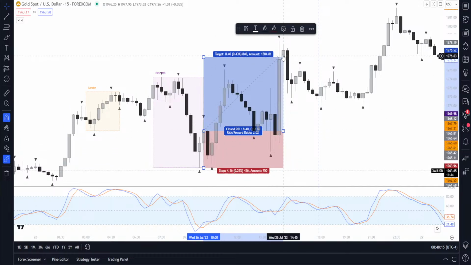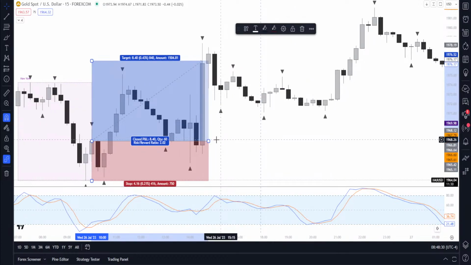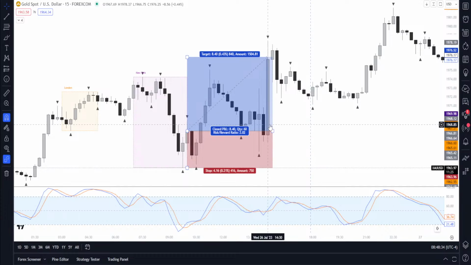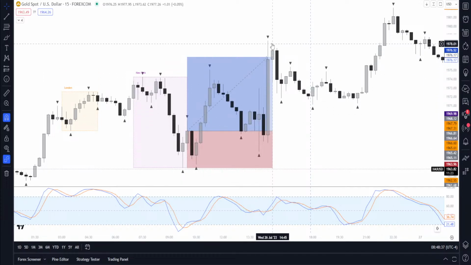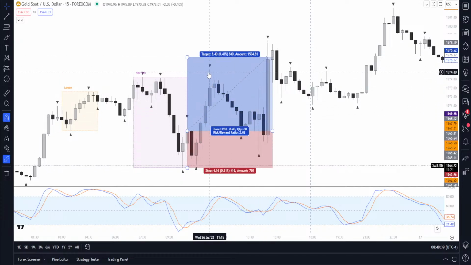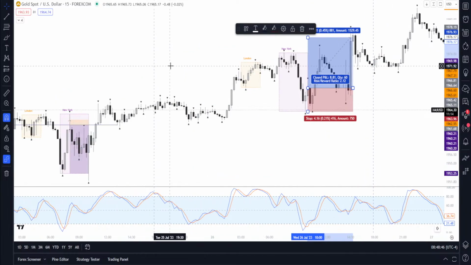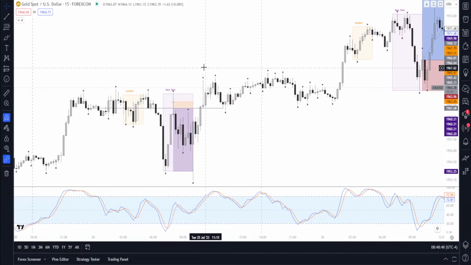It never took us out, but obviously if you move to break even, maybe before news you want to move to break even. But since this was at break even before news, I'm not moving this to break even. Either way, you hit take profit, or you could have taken it up here, which would have been a 1 to 6.8. Okay, it also had a win over here somewhere.